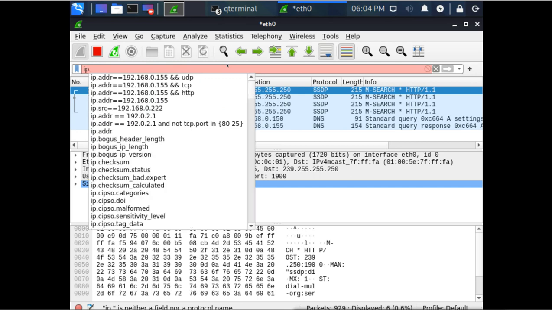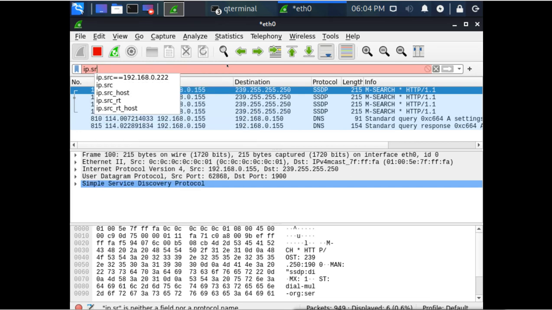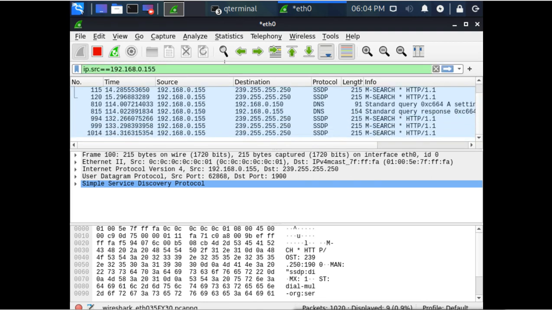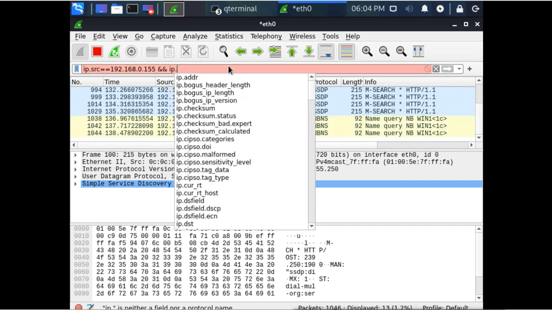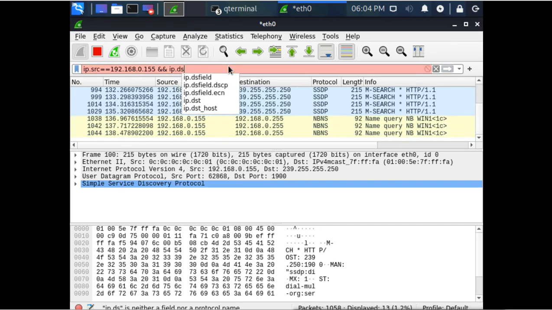IP source is equal to 192.168.0.155, and IP destination host is equal to 192.168.0.1.